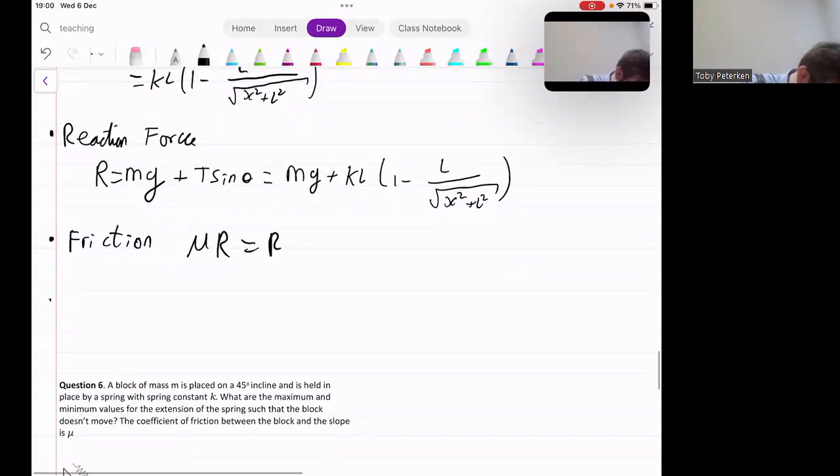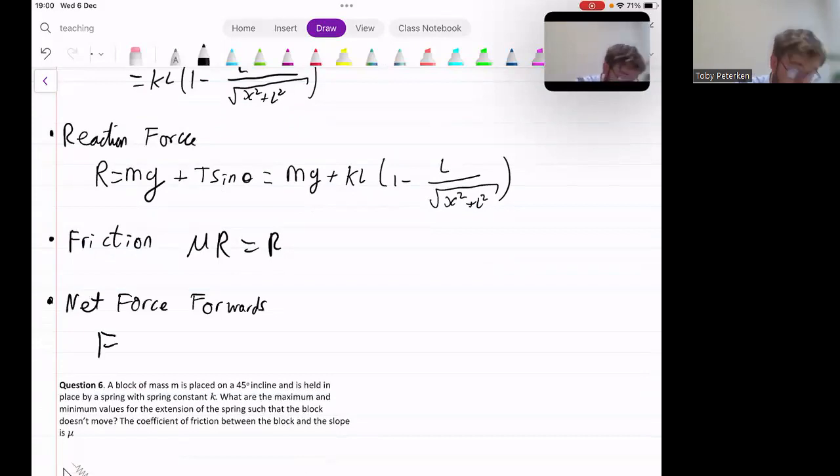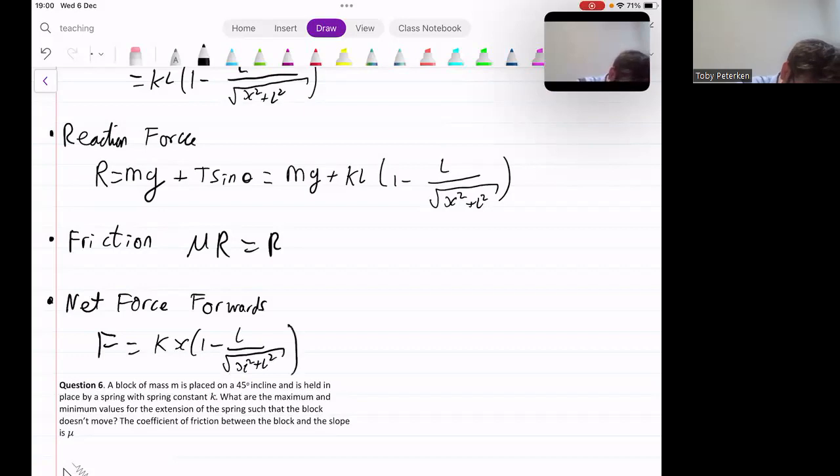So the net force forwards is equal to the force pulling it forward from the elastic band, which we've already said is kx times 1 minus L over the square root of x squared plus L squared, take away the friction force, which is mg, take away kL times 1 minus L over the square root of x squared plus L squared,